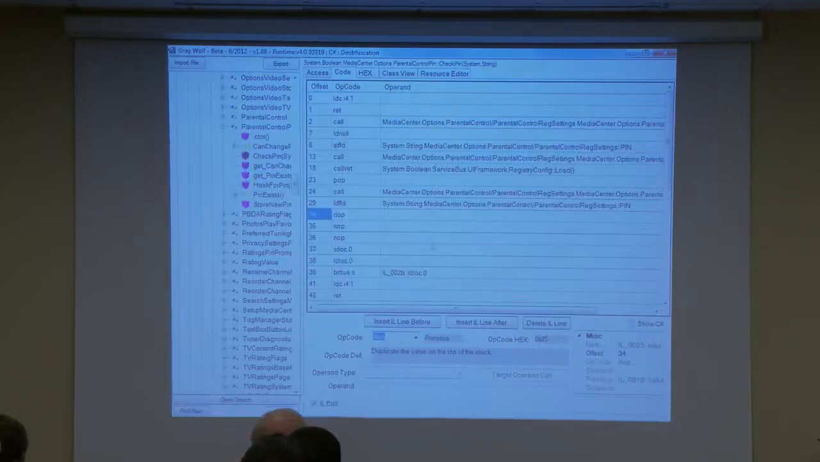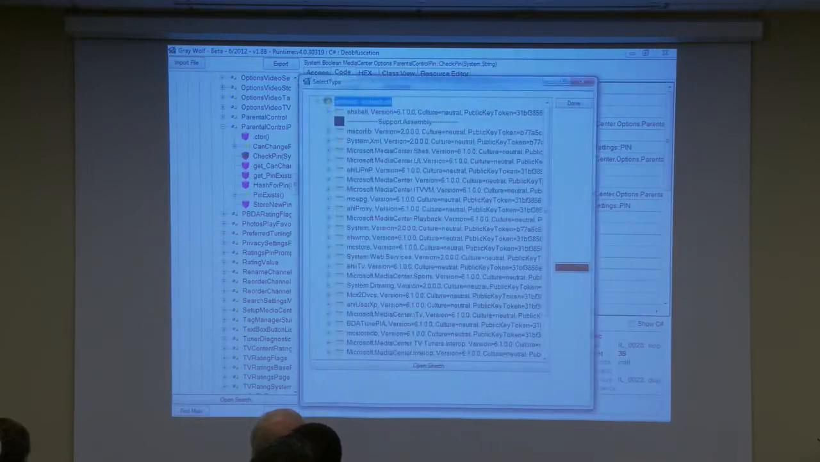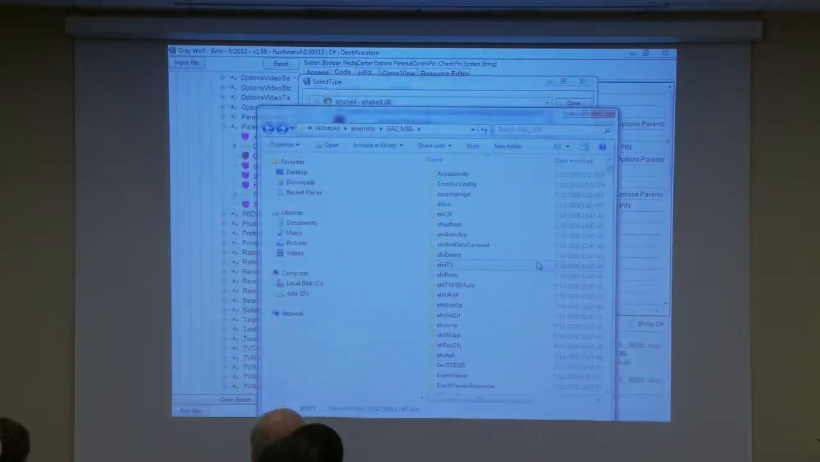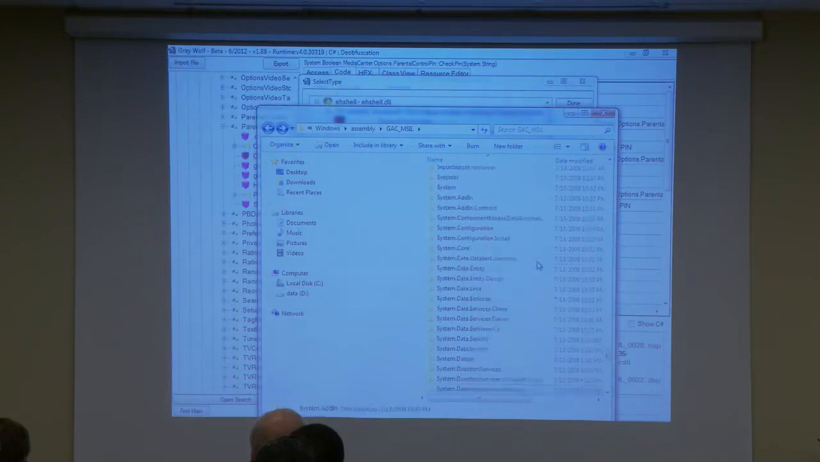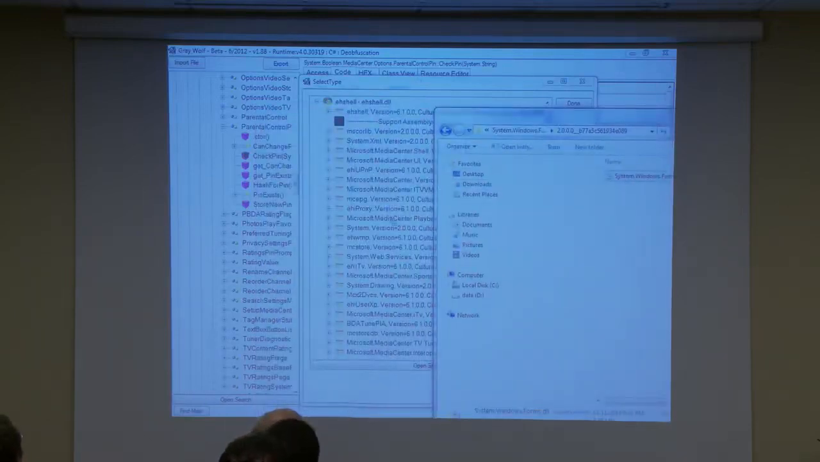Duplicate. Call. Target operation. Drag and drop the target of System.Windows.Forms. I hope this works for all the time that I'm sucking up from you guys, but